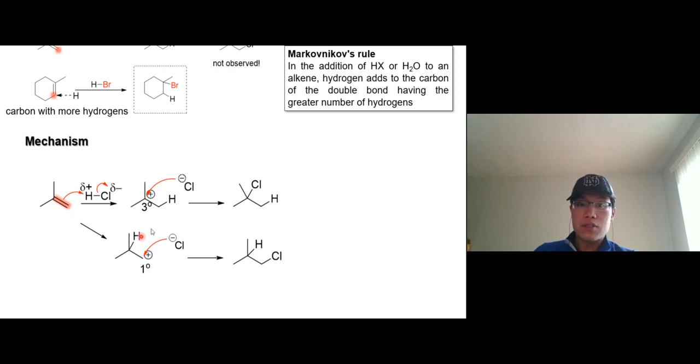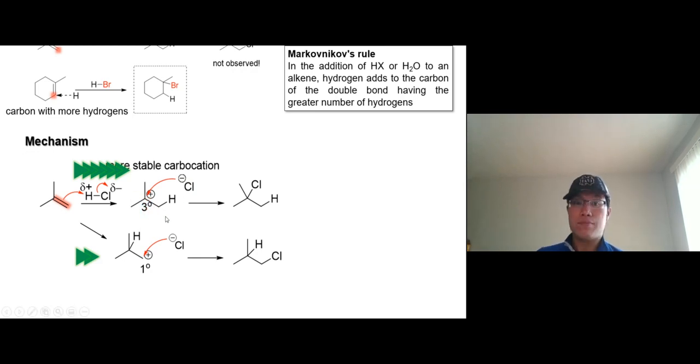All right. So this guy is more stable, so its transition state is more stable or lower in energy, so less activation energy basically. With lower activation energy, the reaction goes much faster. So that's why chlorine never goes to the less substituted carbon. Chlorine, bromine, iodine always go to the more substituted carbon because it passes through the more stable carbocation. That's the reason behind it. Okay, so